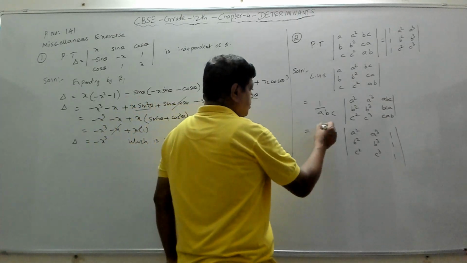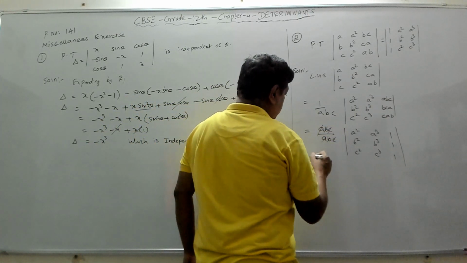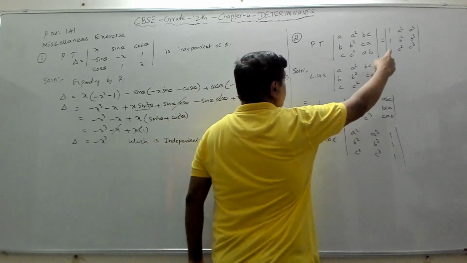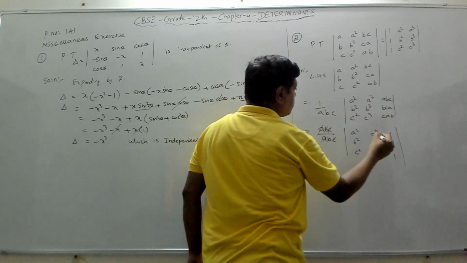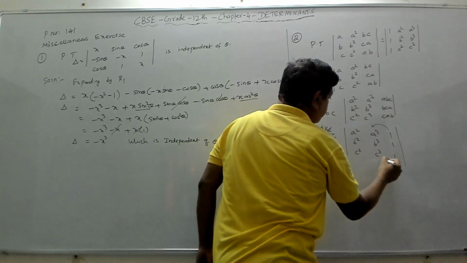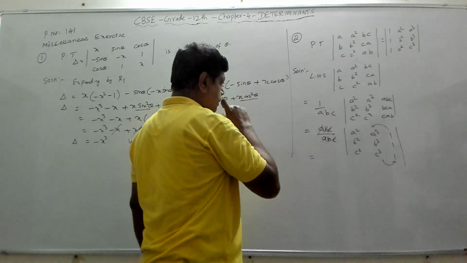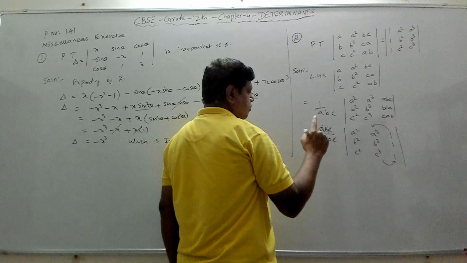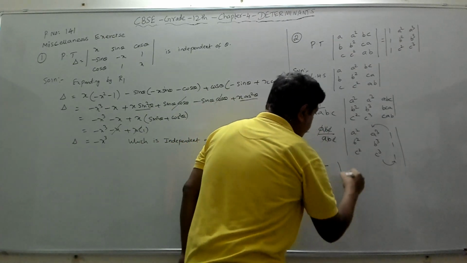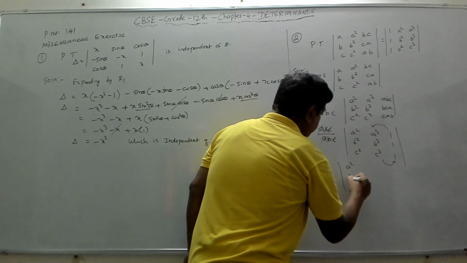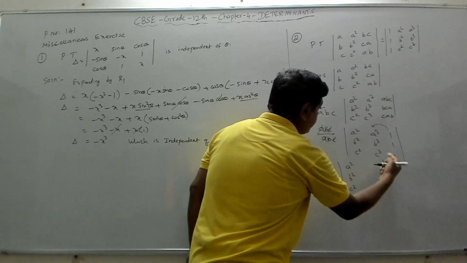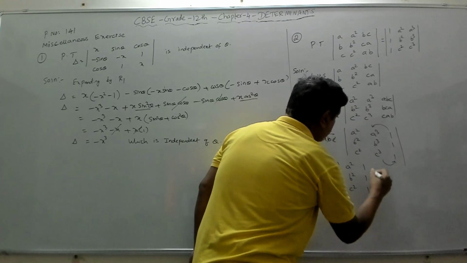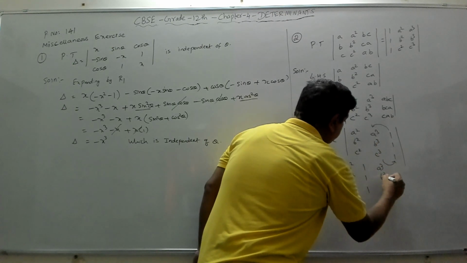Right? Now this ABC, AA, BB, CC will go. You will get this determinant. And again here we need to get 1, 1, 1 in the first column, but it is in the third column. So we will swap this and this. We will shift C2 and C3. So when we shift C2 and C3, we get a negative. So we'll put negative and change: A square, B square, C square, swapping C3 and C2. So this will become 1, 1, 1 and this will become A cube, B cube, C cube.